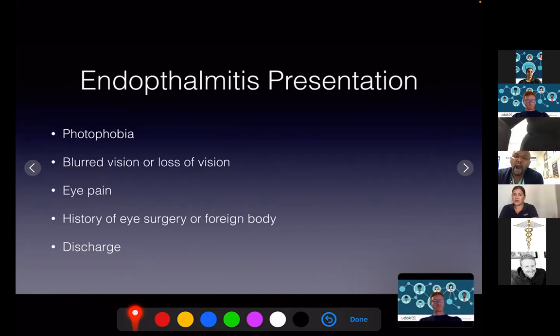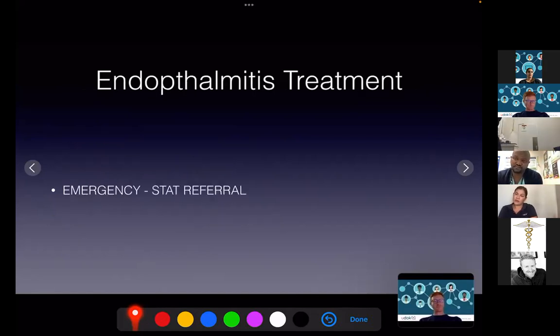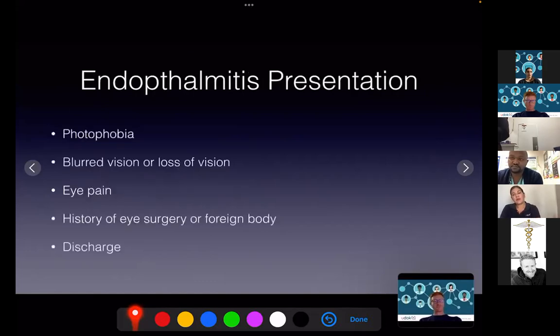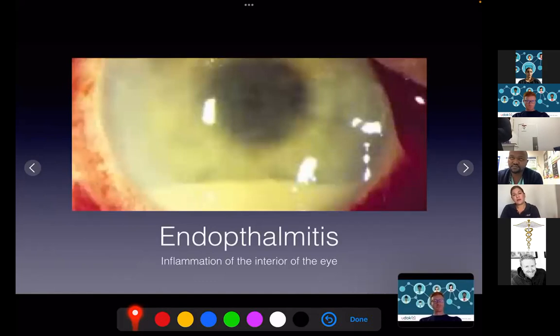But obviously, because it's a global type of infection, the infection is throughout the entire eye itself. Now, this treatment is usually on an emergency basis because the entire eye is involved. So if you see this type of eye, then you're not even going to examine the patient too thoroughly and so forth. Time is of the essence. You're just going to say, listen, this here looks really, really bad. I think you need to go into the hospital and you need to go and see an ophthalmologist as soon